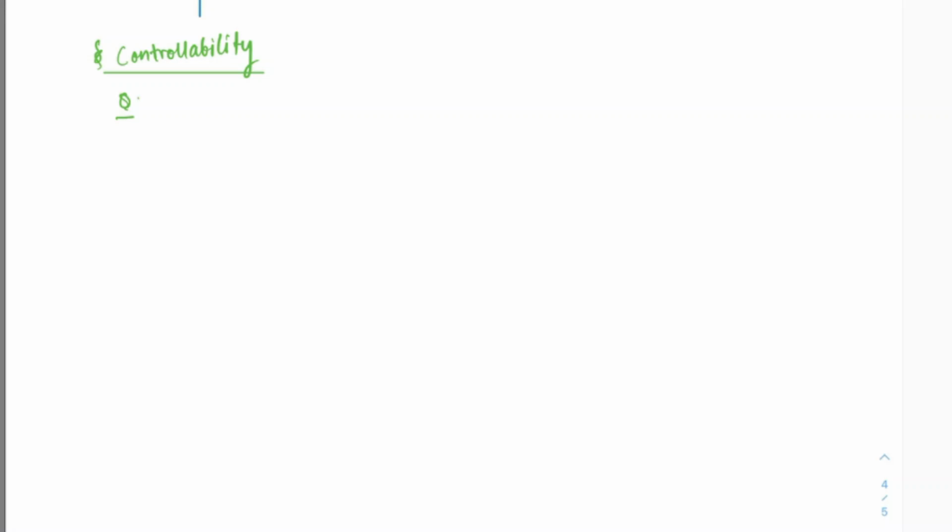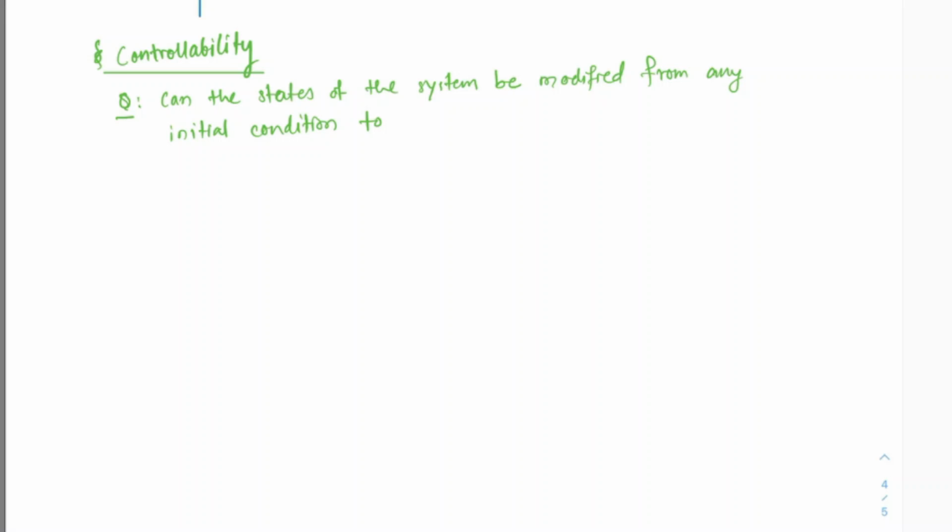With controllability, we are trying to ask ourselves a question: can the states of the system be modified from any initial condition to any final condition